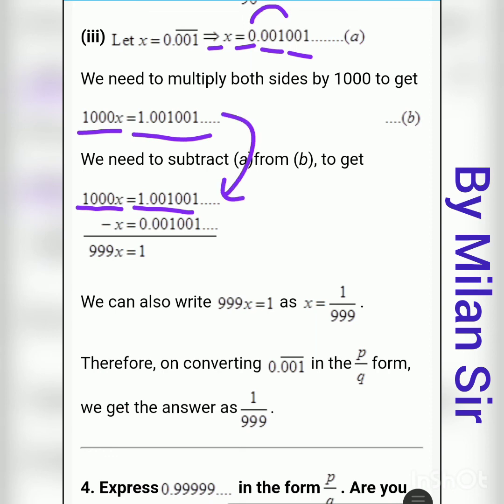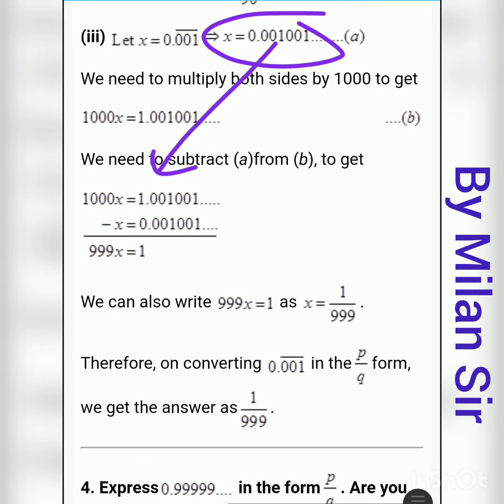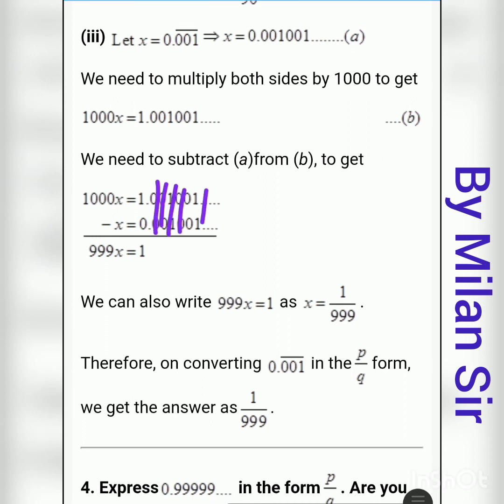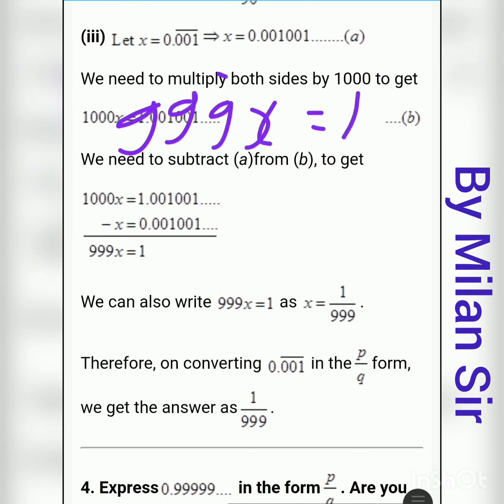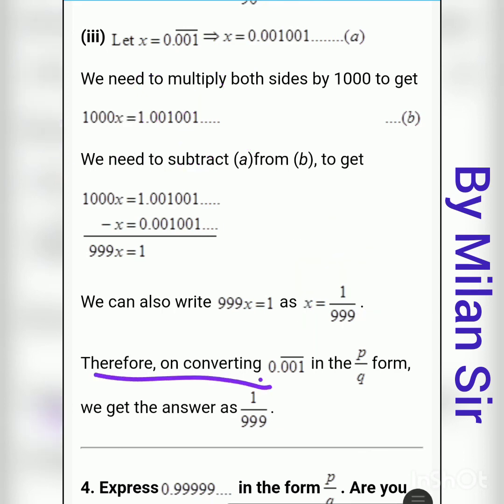That means we write this equation here, then subtract the other equation. So x is equal to 0.001001. After the decimal point all the digits cancel. Here 1 minus 0 is 1, and 1000x minus 1x is 999x. For finding the value of x, we transfer this 999 to the right hand side, and it goes to the denominator. Therefore, on converting 0.001 bar into the form of p by q, we get the answer as